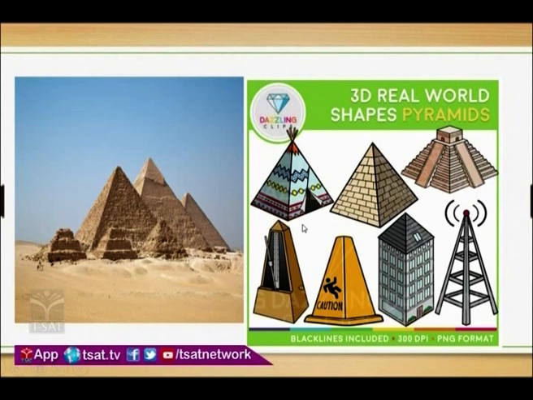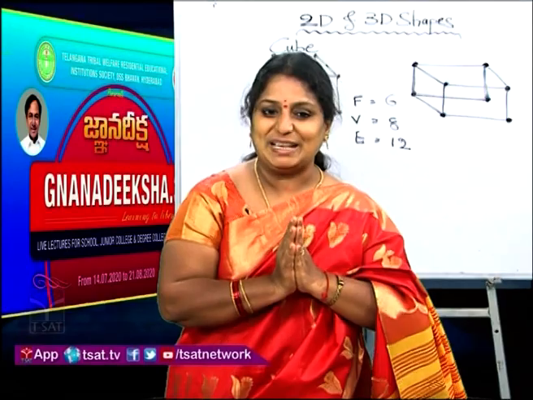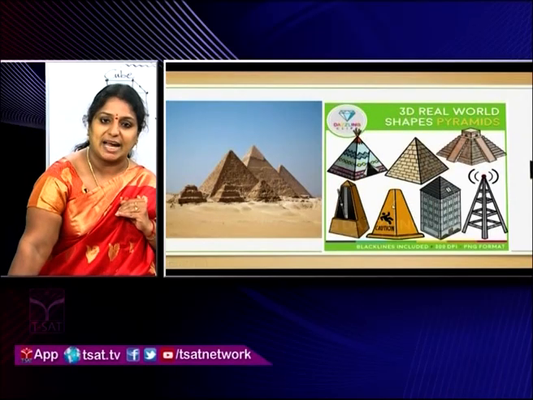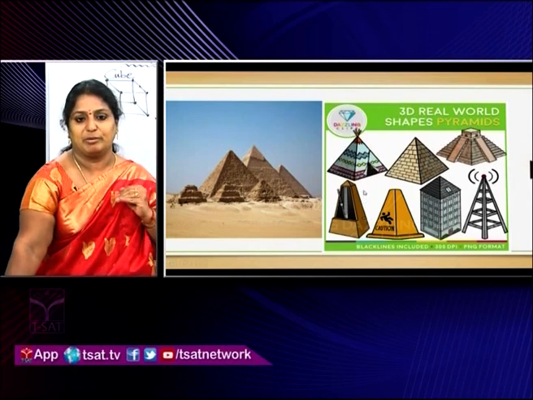Now the next one, very beautiful, no? If you see this picture, immediately we get into our mind the Egypt pyramids. They are very famous, we all know. So where do we use these pyramids in our regular life? Tents, some temples are built in the form of pyramids, some apartments, some cell towers, TV towers, satellite towers are built in the form of a pyramid, some caution stands and pen stands are also made in the form of pyramids.